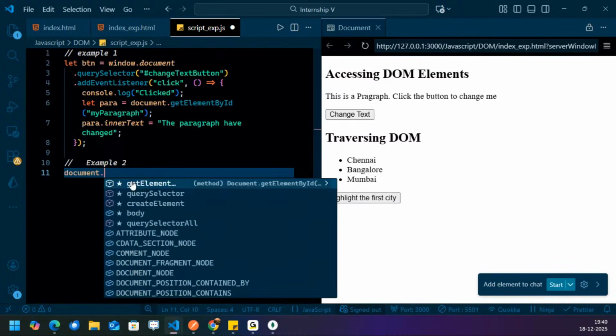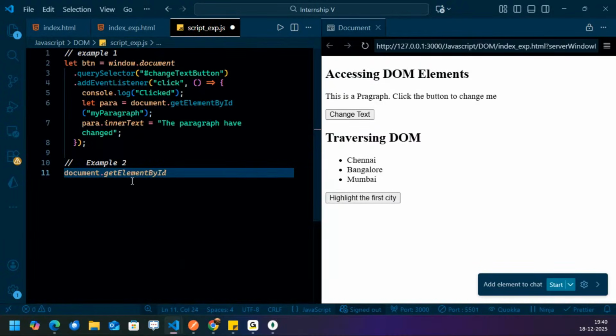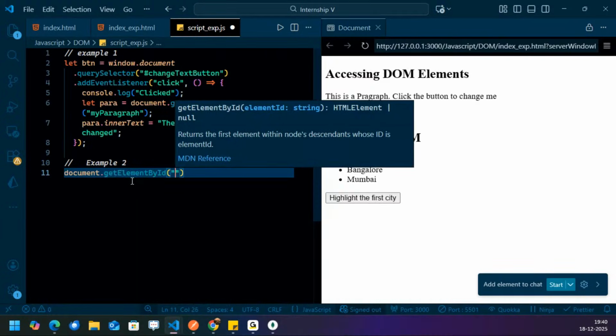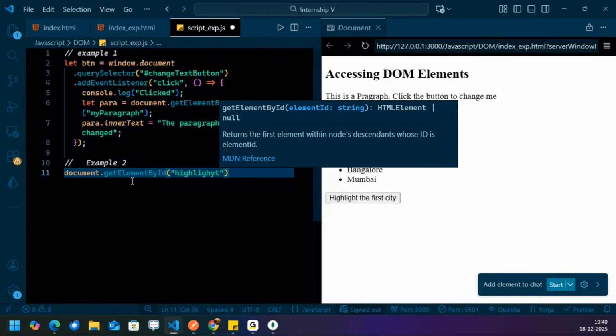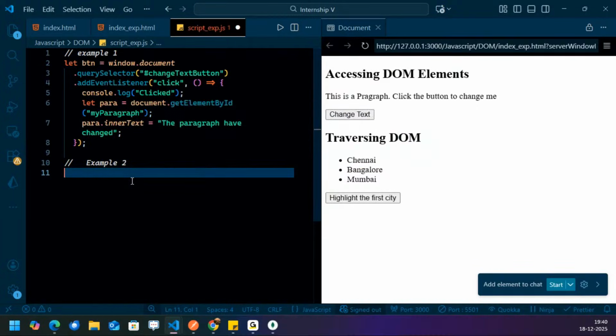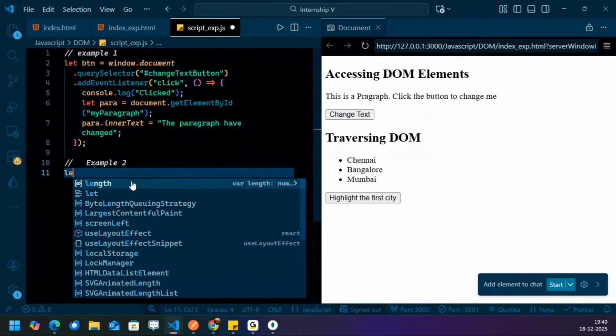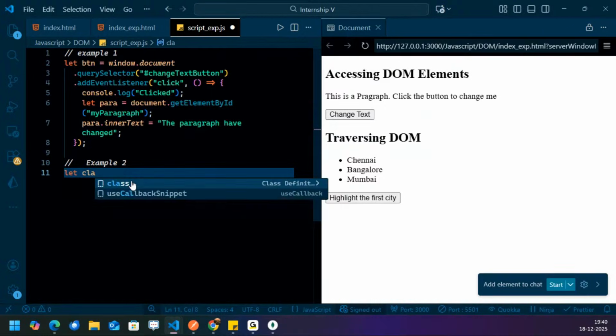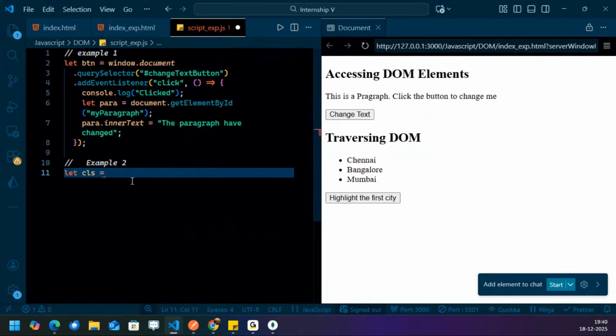Okay, so document dot getElementById. Then over here I can write highlight. Okay, one thing I didn't show you now. One second, I am giving you an example of how it shows us when we are selecting with the class name. So I will write let CLS, class names, is equal to document. Just for study purposes, I am showing you document dot getElementsByClassName